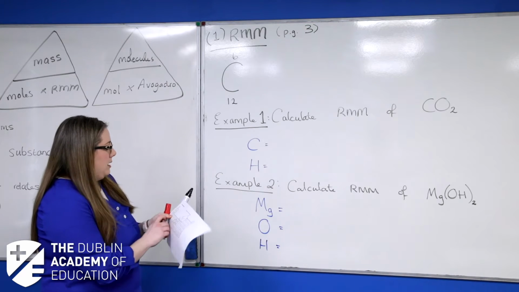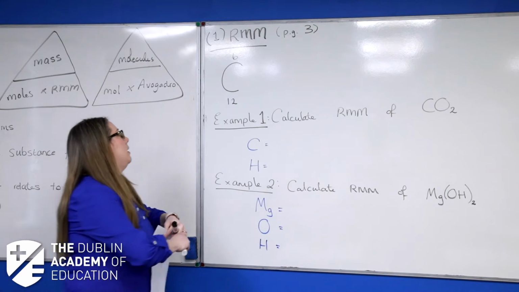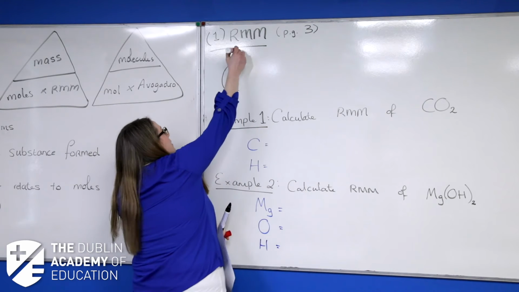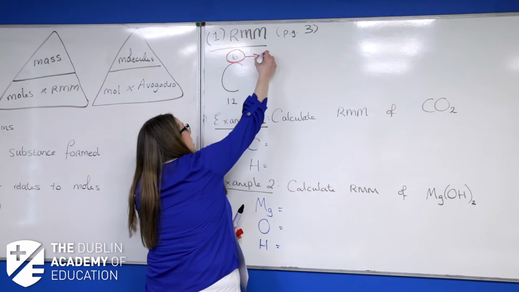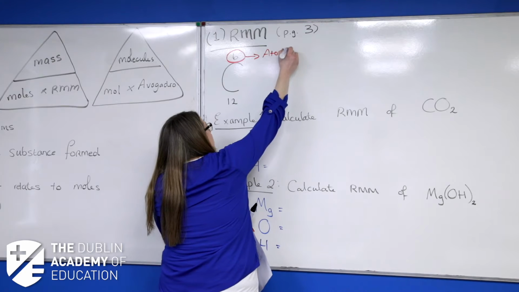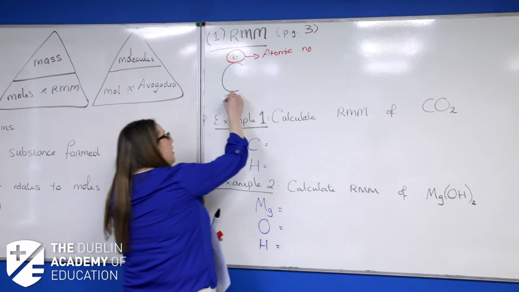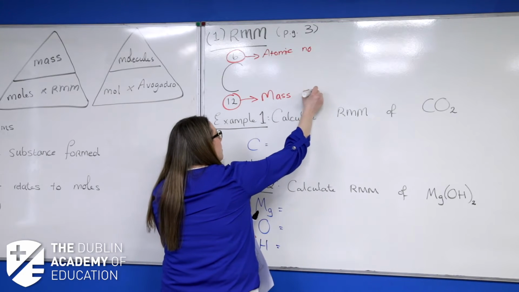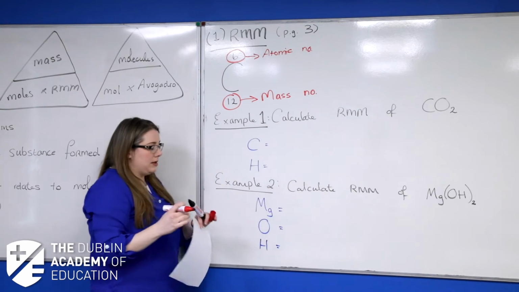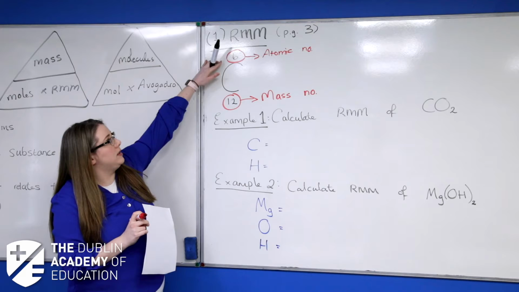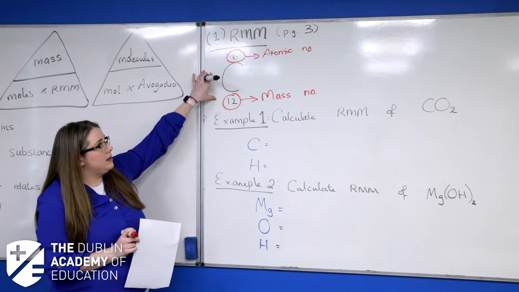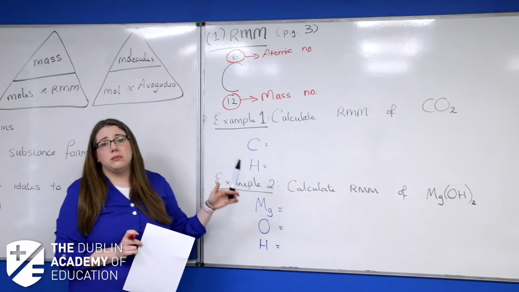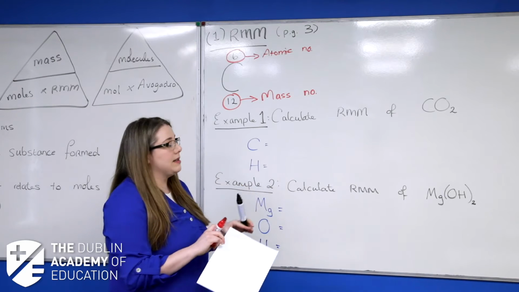Now, in the periodic table, for each element, you have 2 numbers. The small one is the atomic number, which we don't care about at the minute. And the bottom one, the bigger one, that is the mass number. Now, in some periodic tables, in your log tables, atomic is on the top, mass is on the bottom. In some classrooms, they're actually the other way around. It doesn't matter as long as the bigger one is the mass number.